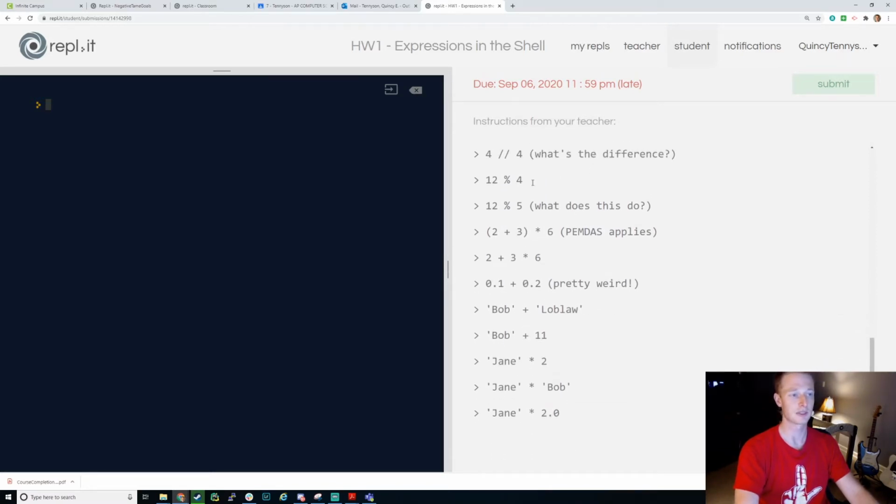I asked you to see what's the difference. Now we've got this percent sign, so 12 % 4, 0. What about 12 % 5? Now this little guy right here is actually called the modulo operator. Modulo is deserving of its own lesson, so I'm not going to go in depth on what modulo is in this lesson, but what you should observe, the simplest explanation, is that it gives you the remainder of a division